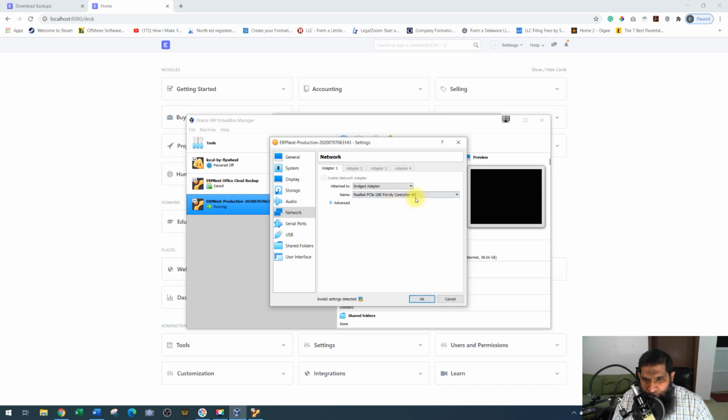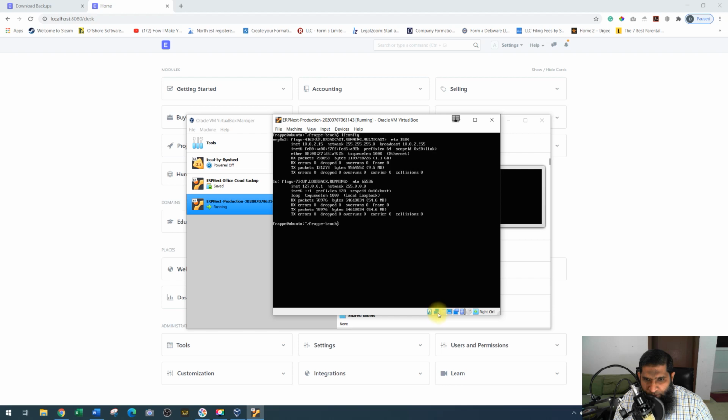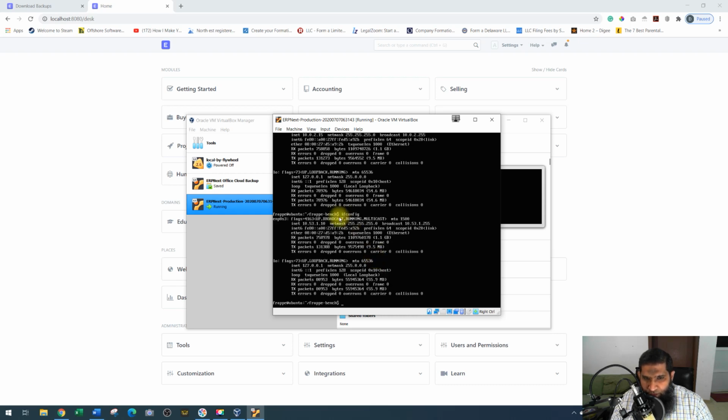So I will click on this, go back. It will take a little bit of time, and see there was a red and now it's green, red, green, and after some time the adapter will be working. So I will go back, type now ifconfig. See, now the address is changed,